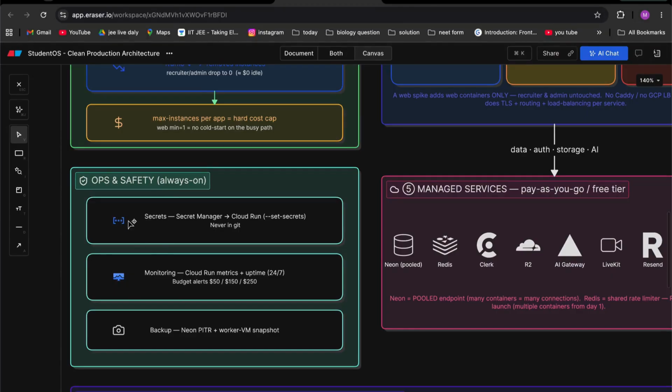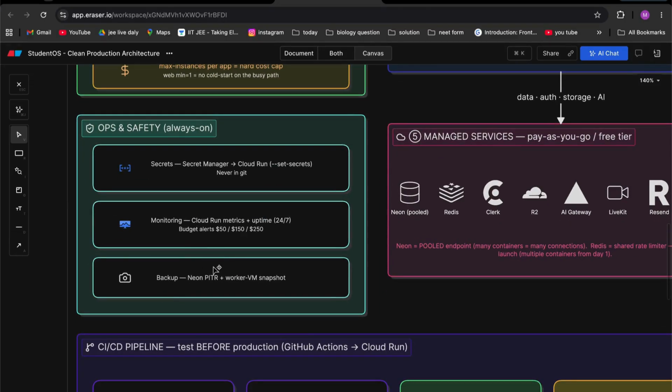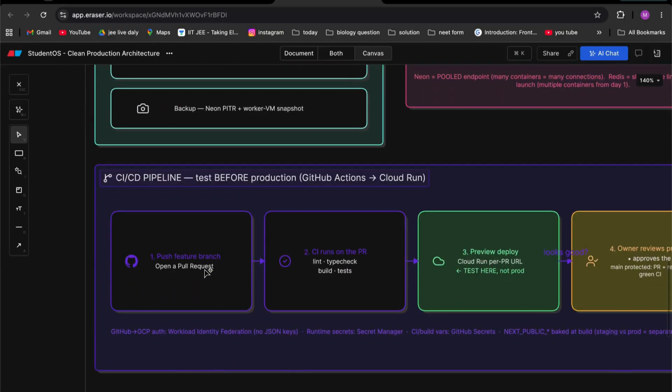Then this is our security layer. In that you can see we have the secrets manager. In Amazon Web Services we have a similar service, AWS Secrets. Then we have monitoring, then we have the backup, then this is the CI/CD pipeline. If you ever wonder,